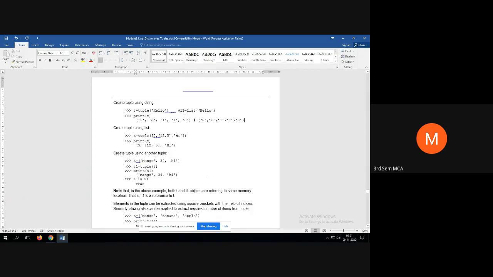Students, now tell me. Here we are converting a string into a tuple, and this is the output. Then we are converting a string into a list, and this is the output. Now tell me, what is the difference between these two outputs? Students, I want the reply. Is there any difference?